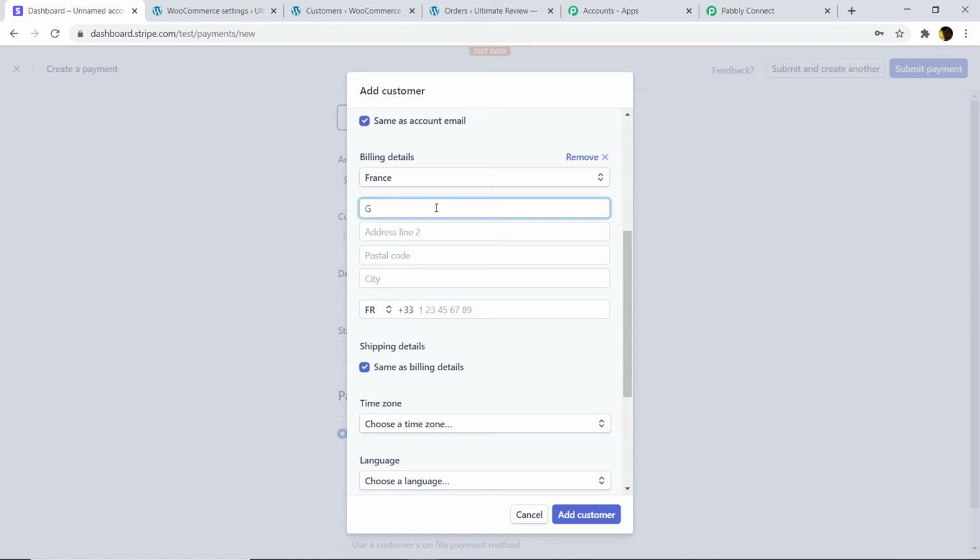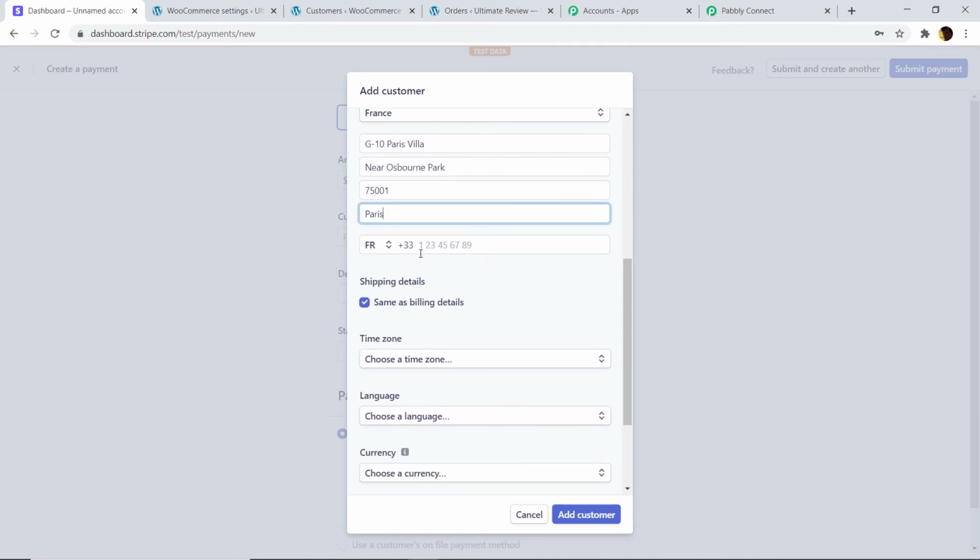The address is G10 Paris Villa, or something random, near Osborne Park. Postal code is 75001. City is, let's say, Paris. That's the only city I know in France. 9131323911, that's the phone number.